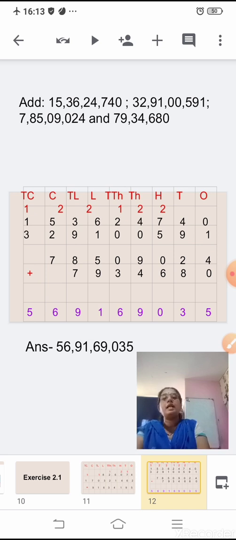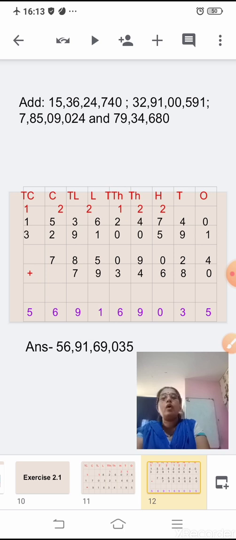Okay, now in the tens place, 10, 23. In the hundreds place I have put carry 2 and 3 I have written in the tens place. Similarly, when you add the hundreds column, you will get the number as 20. So 0 I have written, 2 I have carried over to the thousands place. In the thousands place, when you add, you get the number as 19. So 9 I have written, 1 carried over to the 10,000s place. So if it is a 3-digit or a 4-digit number, or a 9-digit or 8-digit number, and you have 4 to 5 numbers, you have to be very careful while adding the numbers.